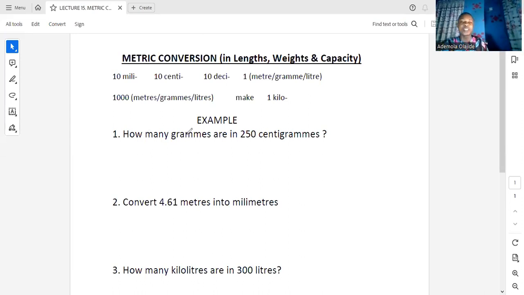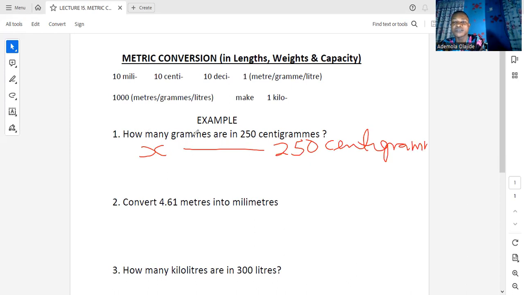the first one: how many grams are in 250 centigrams? Before you come to this, you say how many grams. That means we are looking for gram. Let me say x grams equals 250 centigrams. Then you come to the table and convert gram, that is unit, to centigram. So that means you have to move from centi, 1, 2 to get here. That means you have to multiply 10 times 10 to get to where 1 gram is. So that means 10 times 10, that is 100 centigrams